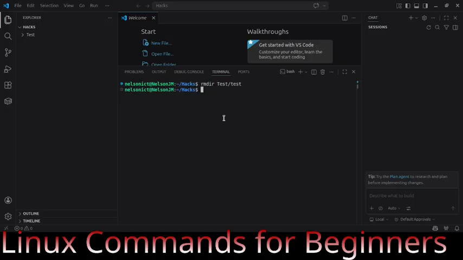I'm removing the directory inside test, and I can remove test as well. Test is gone. So this is how to create and remove directory for beginners, and you need to learn this